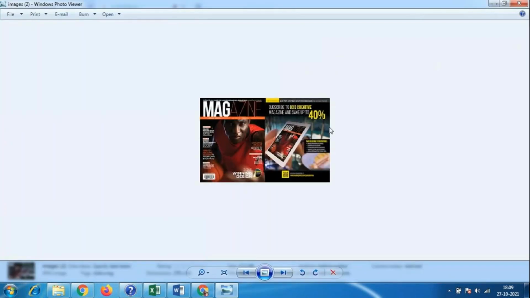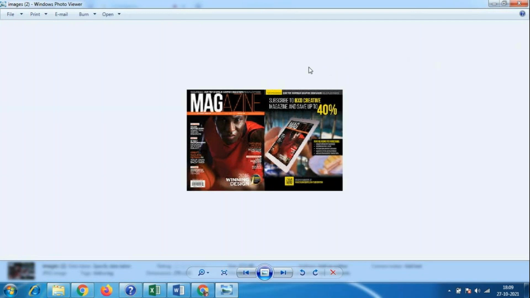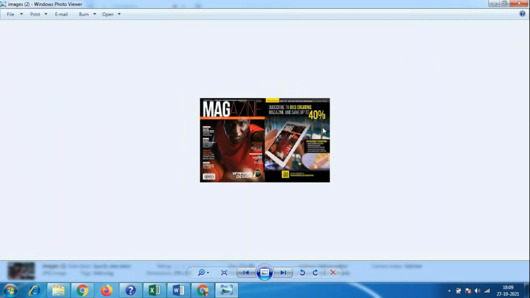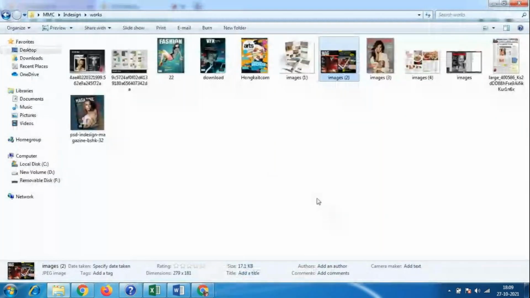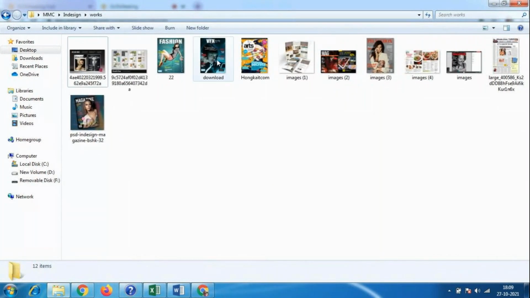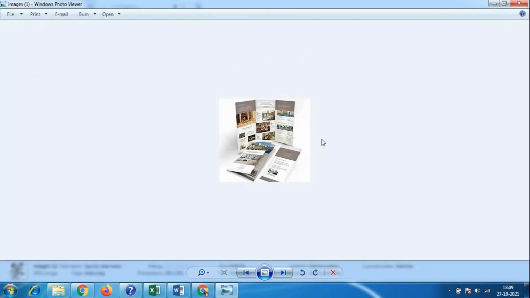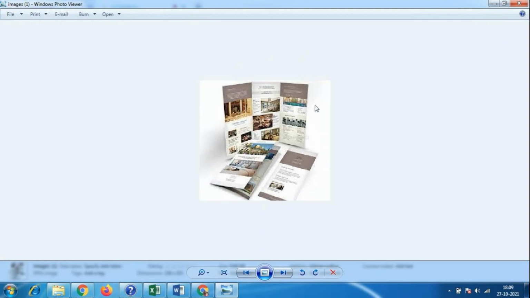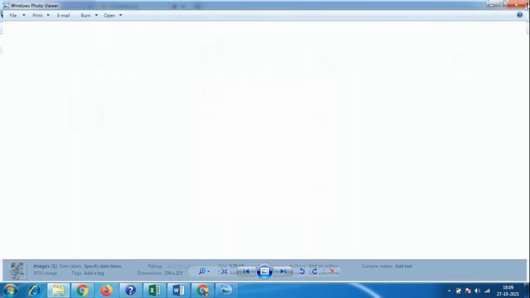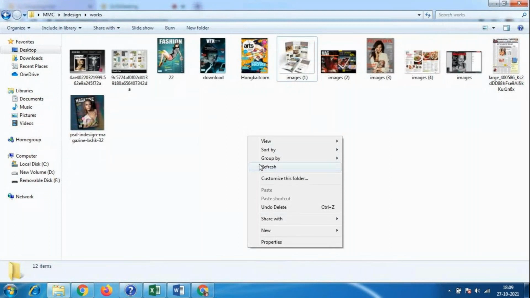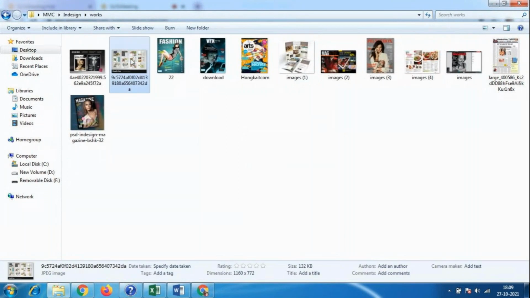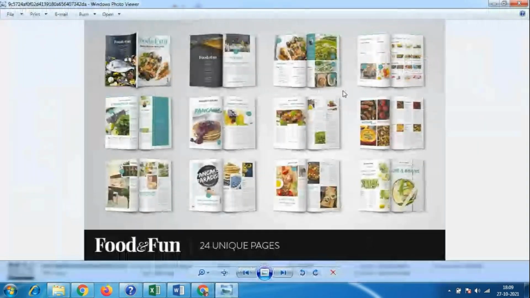This is one sports magazine, with some advertisements in it. I don't have any clear brochures. We have different kinds of menu cards.